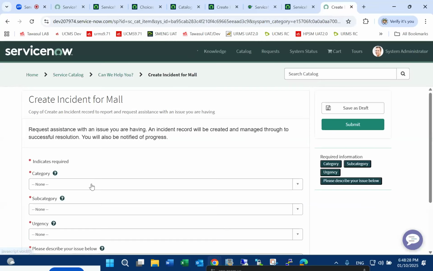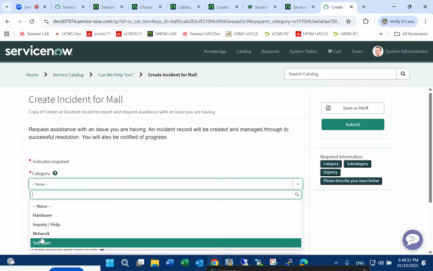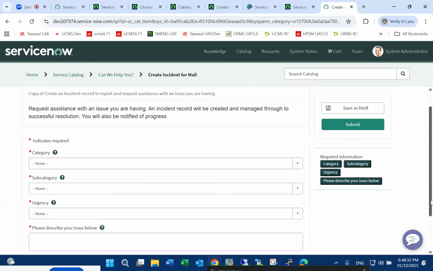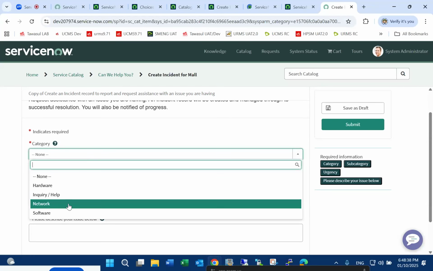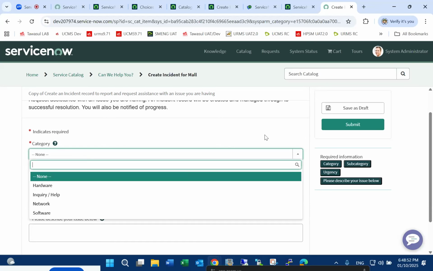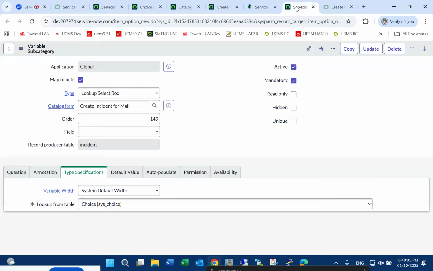Yeah, it came now. You see, one, two, three, four only come. Database, remove here. Category. I hope you guys understood what we tried to do, correct? In the same way, for subcategory also,